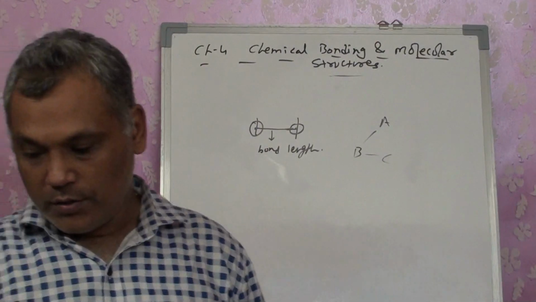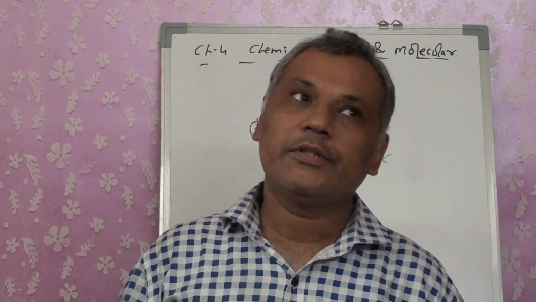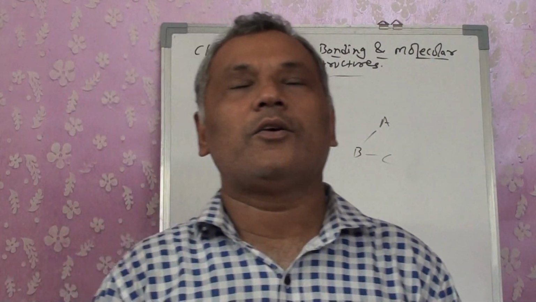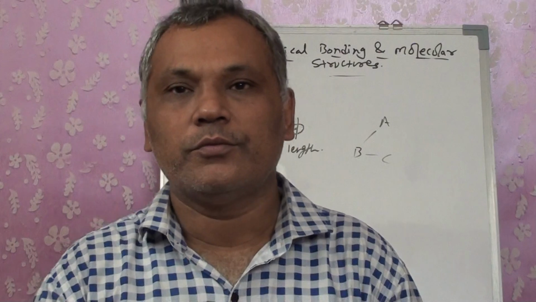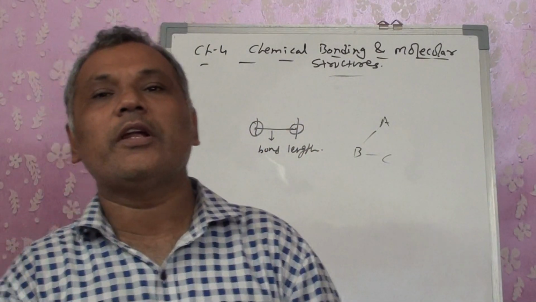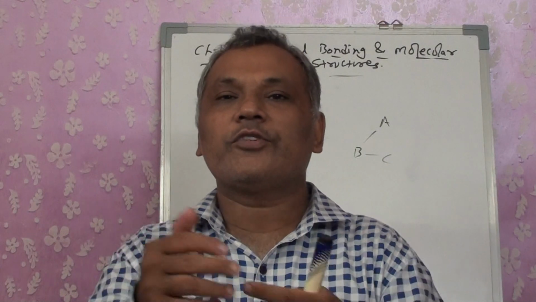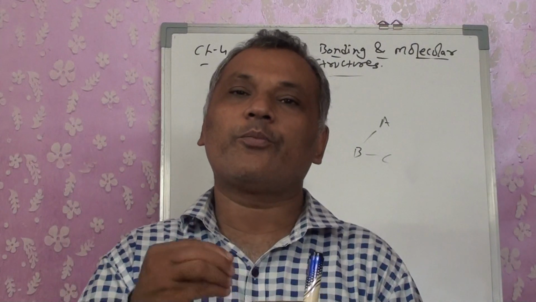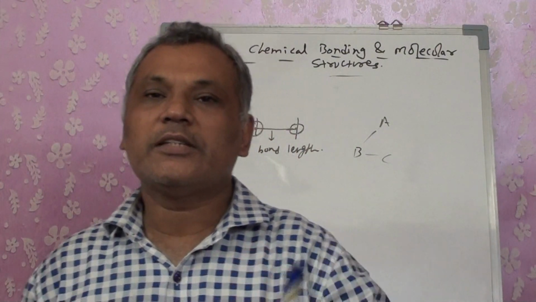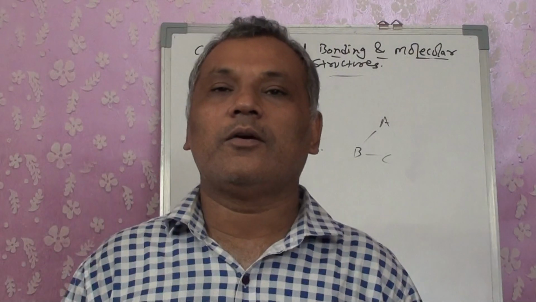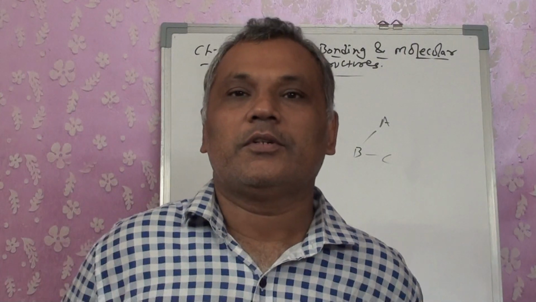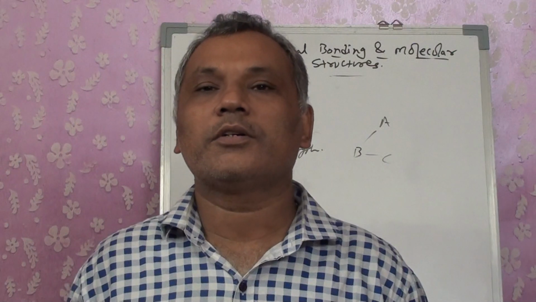Then bond order, that is the number of bonds that are formed between two atoms. Like you saw when we took the O2 oxygen molecule, there were two electron pairs shared between them, so its bond order is 2. When we saw it for nitrogen, we saw that 3 pairs were shared, so bond order is 3. But when we saw CH4, you know that each carbon is capable of producing only one bond with each hydrogen, so that is single bonded. So the number of bonds formed between the two atoms by sharing of electrons is considered to be the bond order, right?